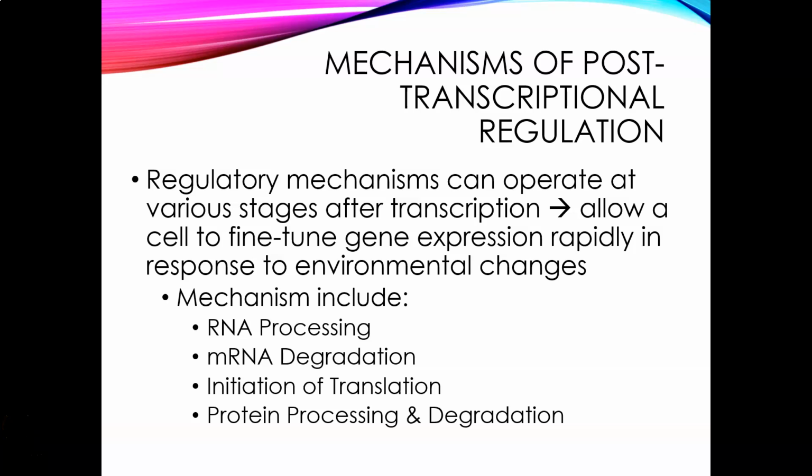So, last time we were talking about mechanisms by which eukaryotic cells are capable of controlling transcription. So, that process of going from DNA to RNA. When we look at prokaryotes, that really is the only level at which they are capable of controlling their gene expression. In eukaryotes, though, we can control it at the chromatin structure, we can control it at the transcription level. We are also capable of controlling it post-transcription. So these regulatory mechanisms can operate at various stages after transcription because there are multiple steps.